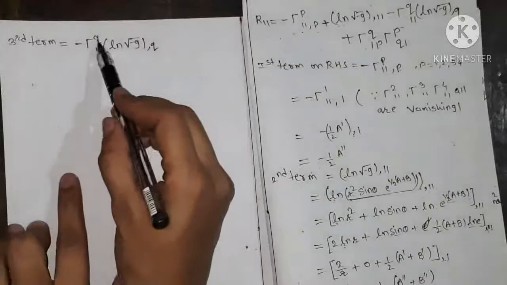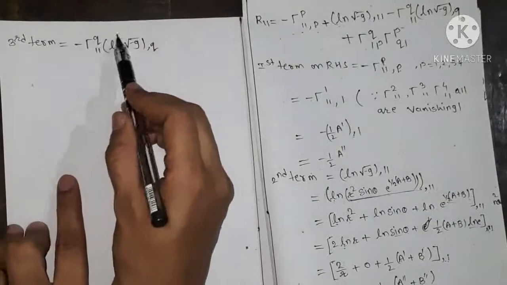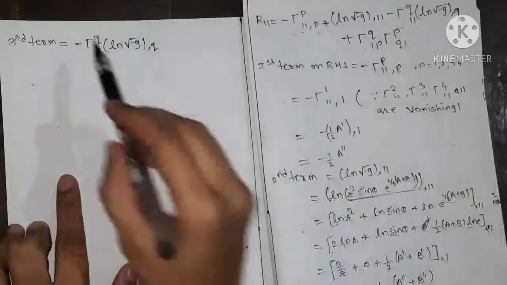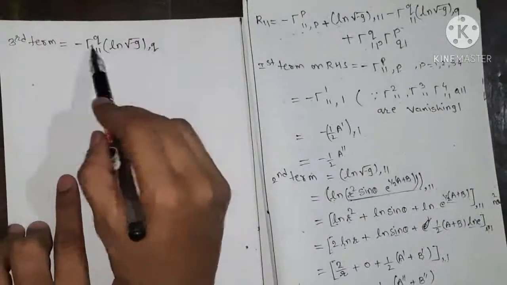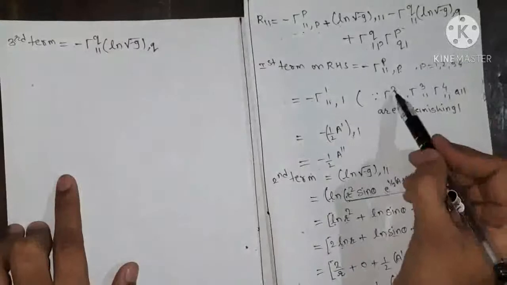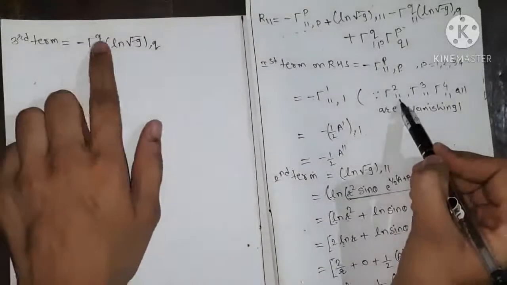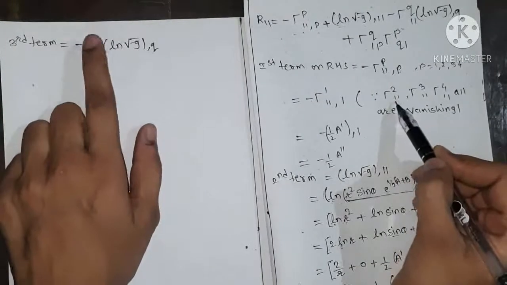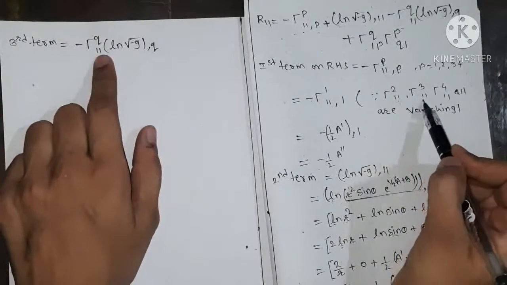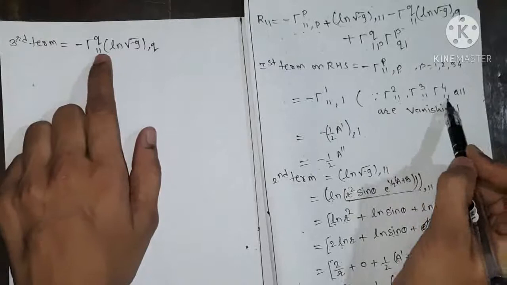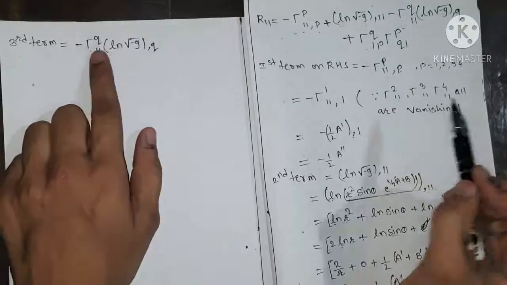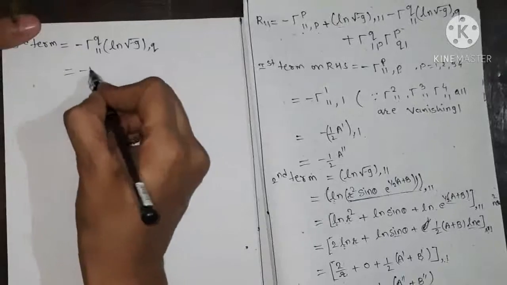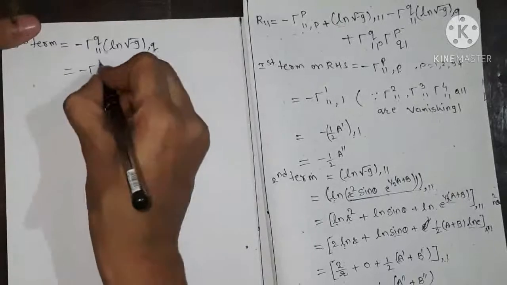Now again here q is varying from 1 to 3, 4, so from the same argument, here p is a dummy suffix, same q is a dummy suffix. As q is varying from 1 to 3, 4, we have gamma of 2 1 1, so 2 1 1 is equal to 0, we have 3 1 1, so 3 1 1 is equal to 0, then we have 4 1 1 which is also equal to 0, so we can take q as equal to 1, and therefore this is equal to minus gamma of 1 1 1, right?